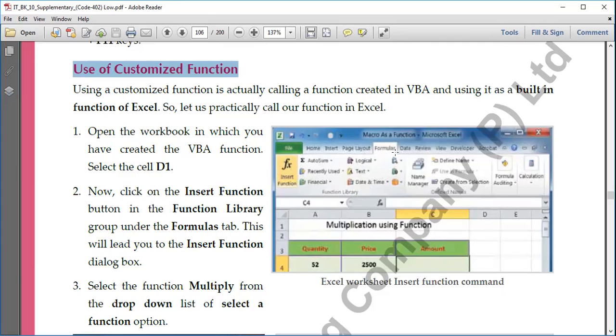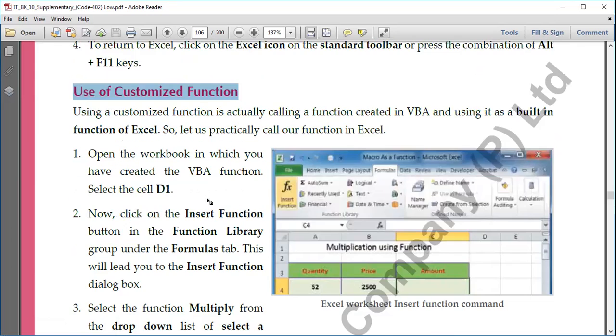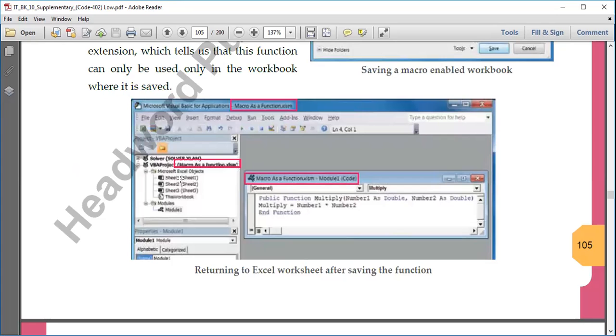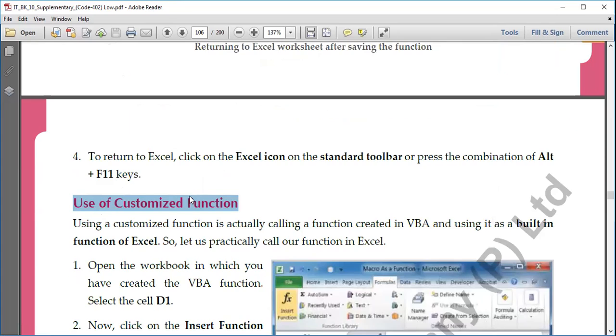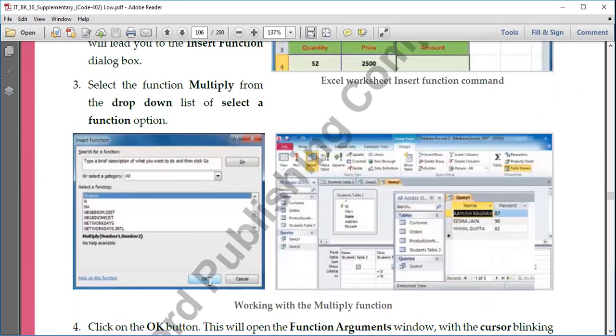यहाँ पे insert function button है, आपको उस पर क्लिक करना है. ये है the first button you can see here, right. And then this will lead to insert function dialog box. You can see this is the insert function dialog box. और यहाँ से आपने जो भी फंक्शन क्रिएट किया था, हमने यहाँ पे मल्टीप्लाई नाम का फंक्शन क्रिएट किया था, राइट. सो वी हैव सेव्ड दिस फाइल विद द नेम मल्टीप्लाई. So you'll see the same name here, multiply. Just click OK,